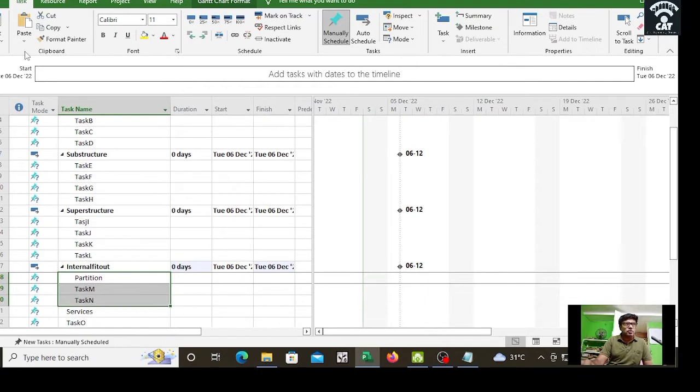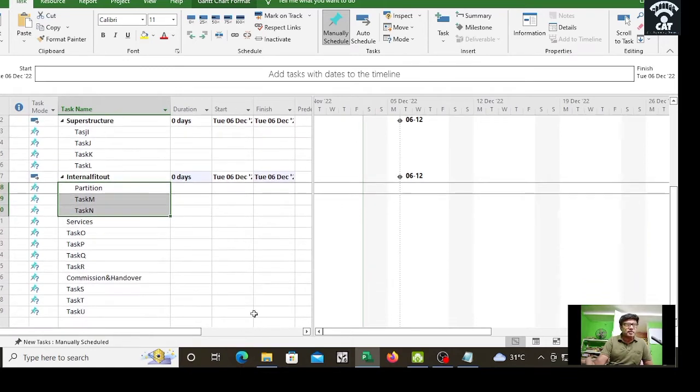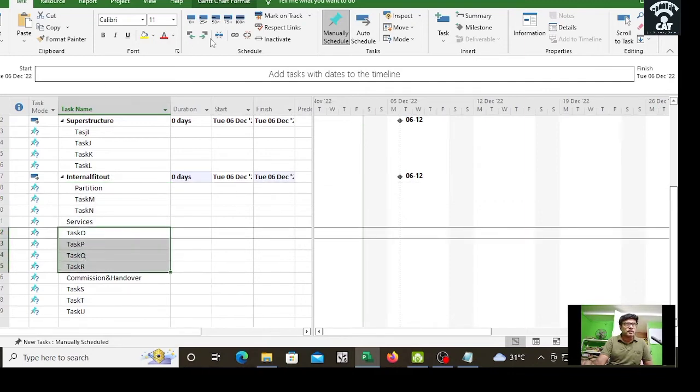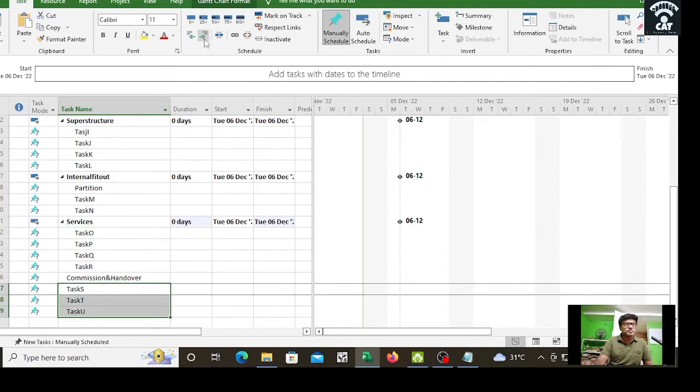I took this collapse interval, otherwise I have to take the task again every time, that's why. Okay, so now it is fixed here. This is the timeline, so this also becomes indented there, and then again internal fit out. Okay, services also I have to indent, and task also I have to indent. See,